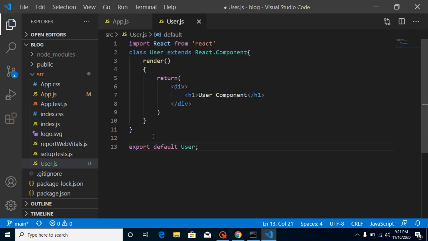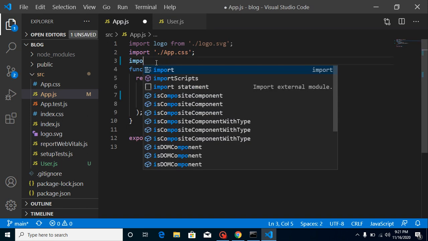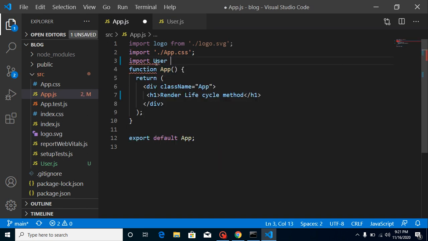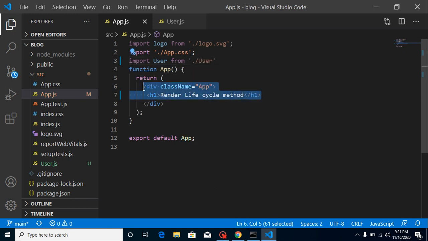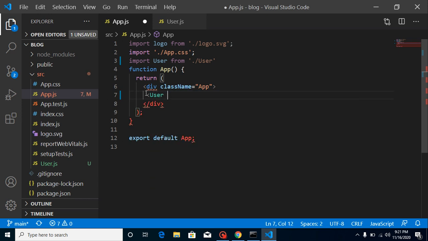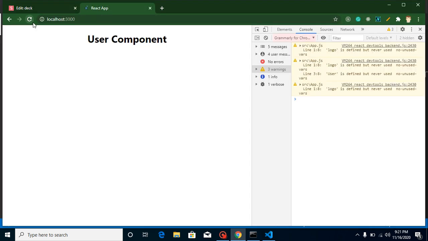All great. Now let's import the user component inside app, import User from user. Now we can remove this text and put the user component here, and this is the output you can see here.